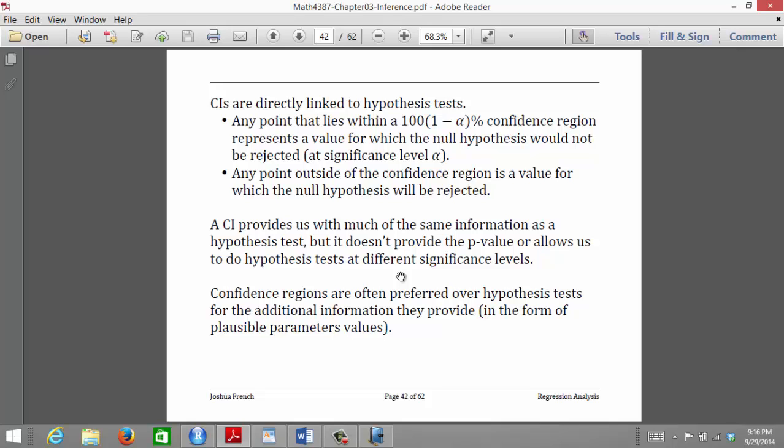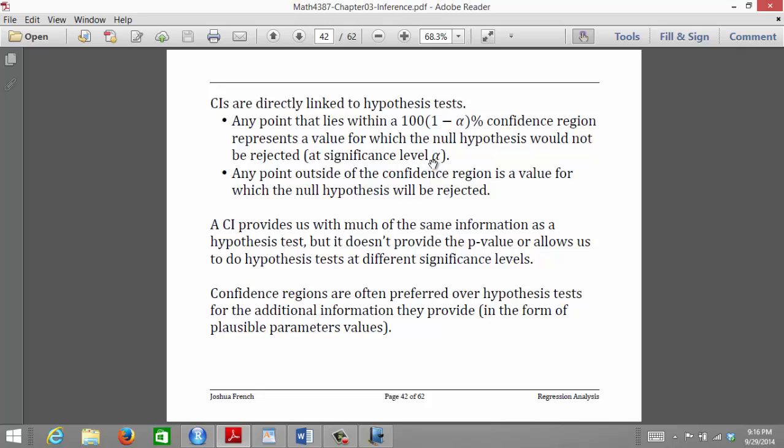So the thing about these confidence intervals or confidence regions is that they are directly linked to hypothesis tests. I mentioned that a confidence interval is really just a different way of using the same information. You're not going to get different conclusions, you're just going to get different information, a different way of making statistical inference. So the link is that if a value lies within your 95% confidence region,